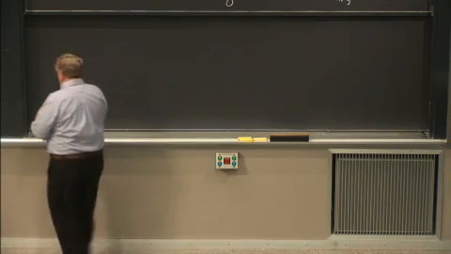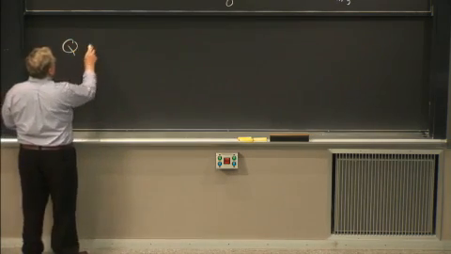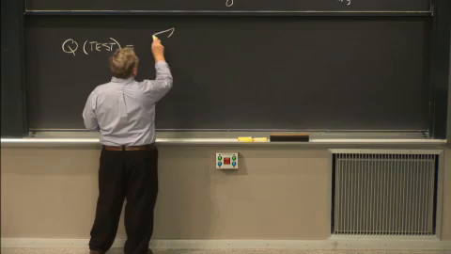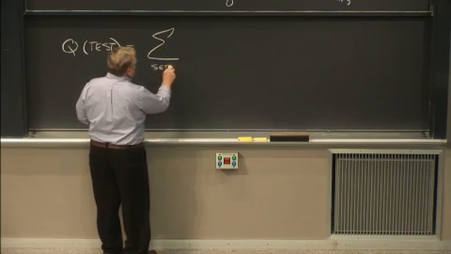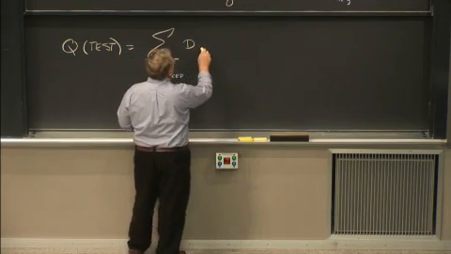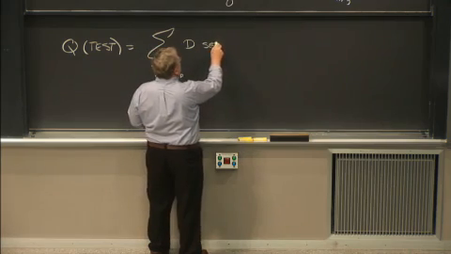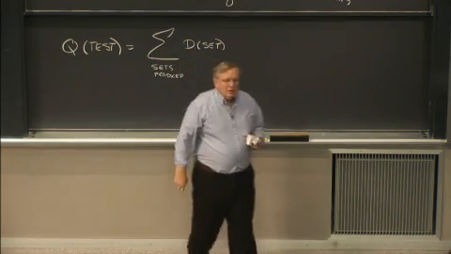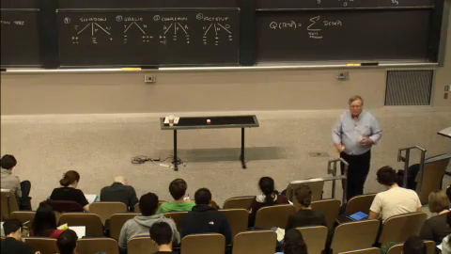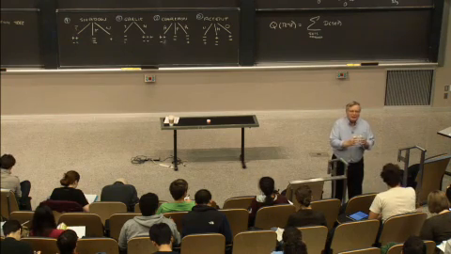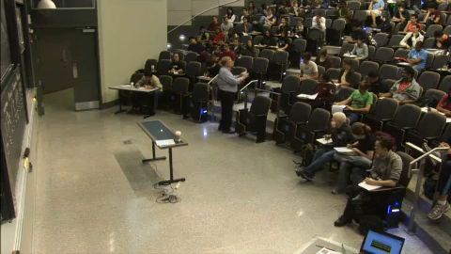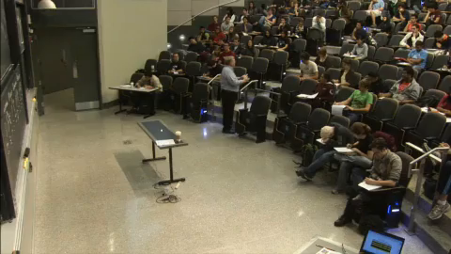So you can say that we'll call it the quality of a test is equal to some sum over the sets produced. And what we're going to do is add up the disorder of each of those sets. And we're almost home, except that this means that we're going to give equal weight to a branch that has almost nothing down it as we do to a branch that has almost everything going down it. So that doesn't seem to make sense.